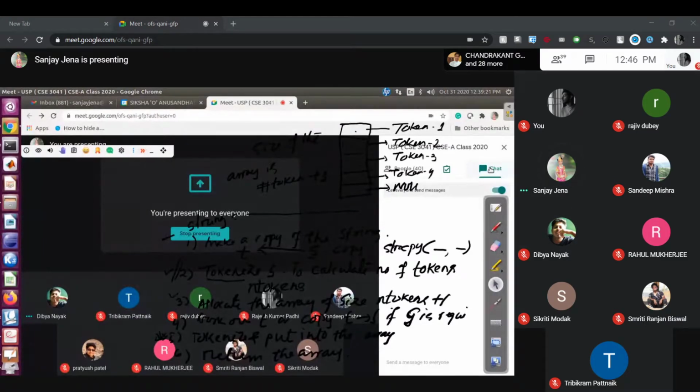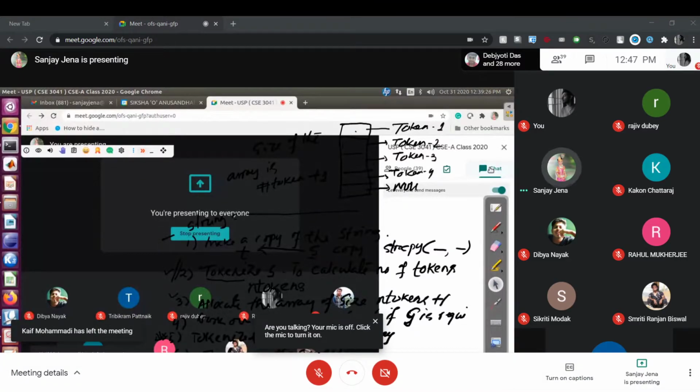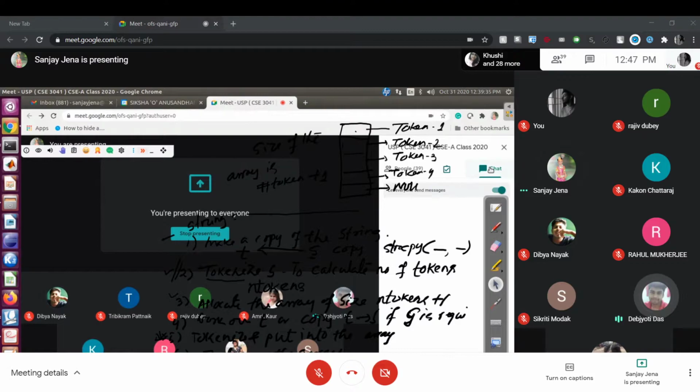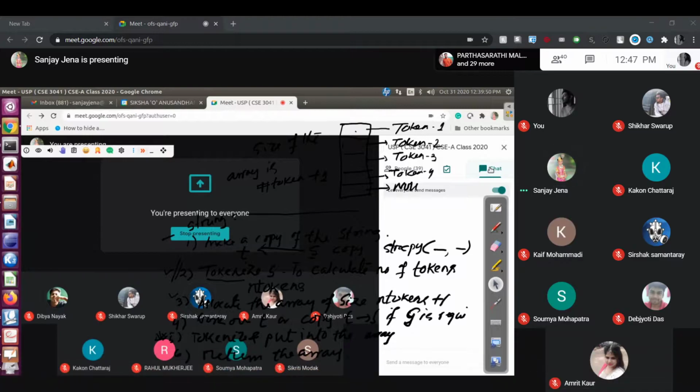Kakon. Present, sir. Okay. Ashutosh Sinha. Devjyoti, present, sir. Shikhar Swaroop, present, sir. Ashutosh Sinha also. They are not attending. Soumya Mahapatra, present, sir. Shirsak, present, sir. Ananya, present, sir. Rahul Malkar.